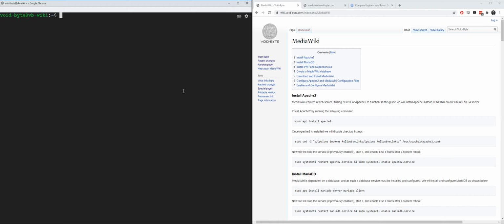Today we're going to go over how to install MediaWiki on your Ubuntu or Debian based machine. So on the left hand side of my screen, I currently have a machine with Ubuntu 20.04 on it. And on the right, you can see my MediaWiki installation guide. So this video is going to be a step-by-step guide on how to install MediaWiki on your Ubuntu or Debian